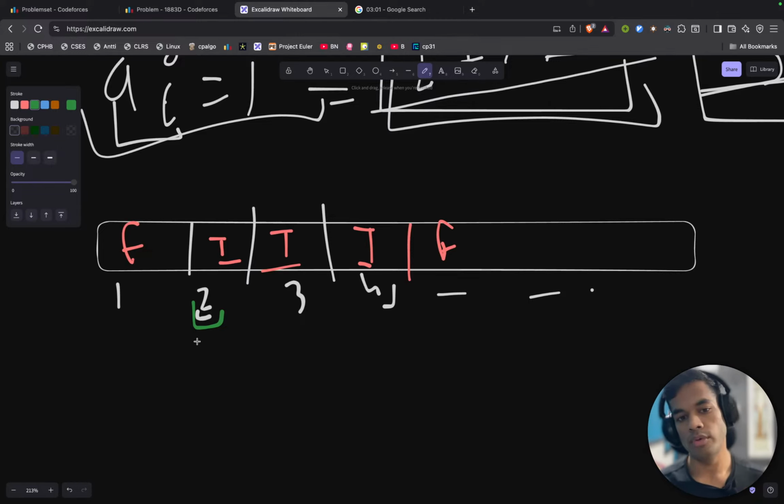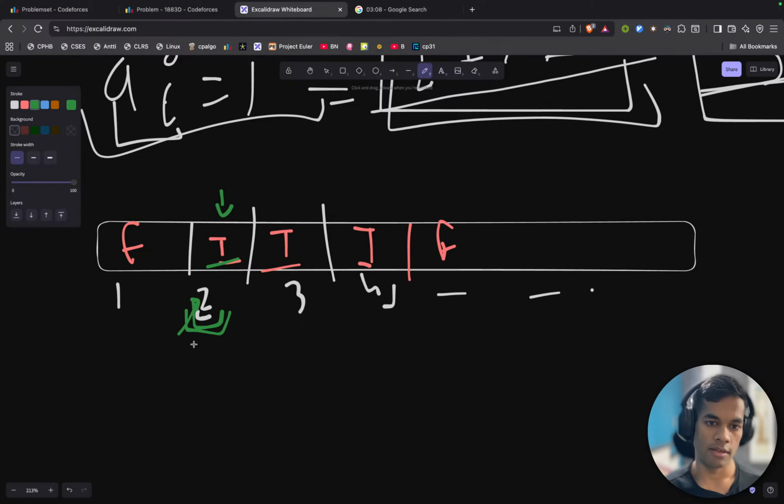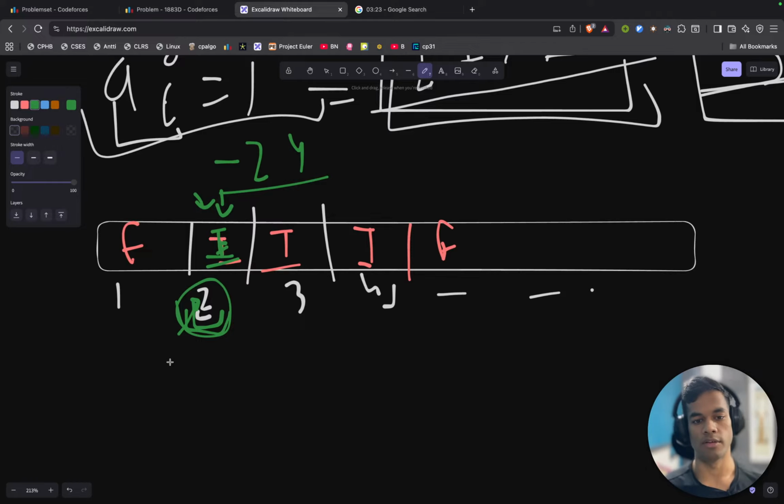Because when we are removing segments, how do we know, if this current number is a part of two segments and our current query is like minus 2 4, whether we just make this thing false or keep it true? We don't know, because this might be a part of multiple segments. So I guess